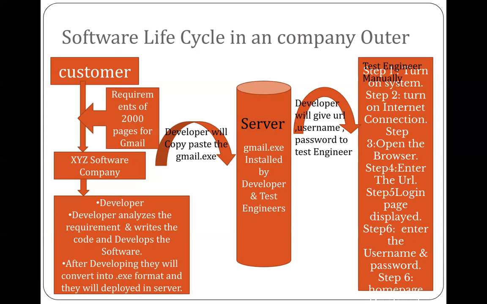Different modules like the registration module, login module, inbox. We have different components inside the mailing system, like inbox, sent items, drafts, spam, important, starred, and different things like compose. Different kinds of modules are there. Each and every module will be tested in detail.